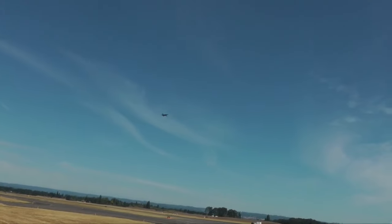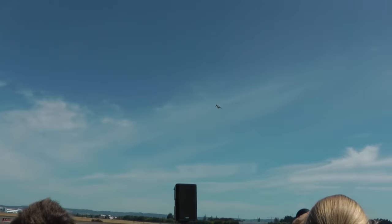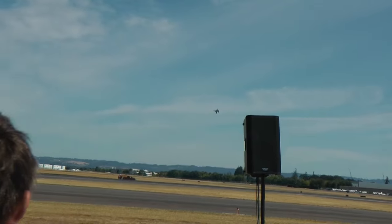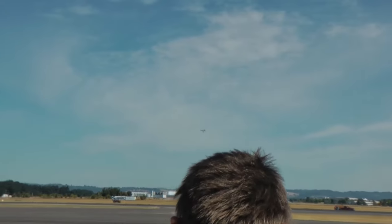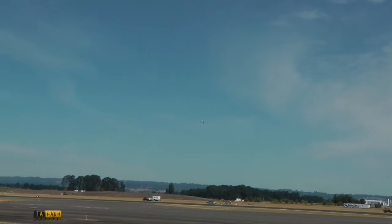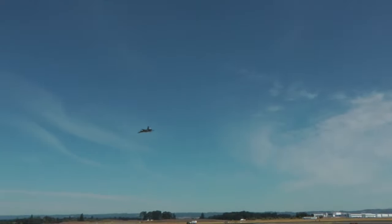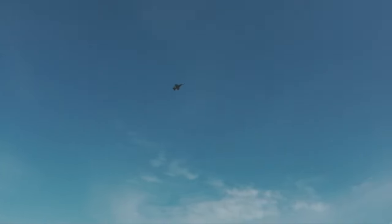Super Hornet's min-radius turn. Watch how the aircraft swaps hands and